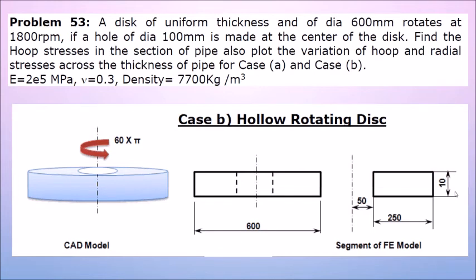This is the problem. If I want to model it as an axisymmetric case, my geometry will be only a rectangle of 250 mm width and height 10 mm, and that should be created at 50 mm from the Y axis. Rotation of 1800 rpm should be applied as inertia load, but it is in rpm. You have to convert it into radians per second. 1800 rpm, according to the formula omega = 2 pi N by 60, you will get it as 60 pi radians per second. This angular velocity has to be applied as load, and for calculating the centrifugal effect you have to include density in the material model.